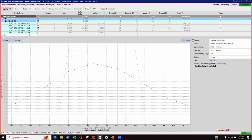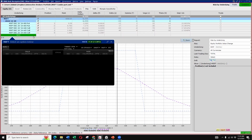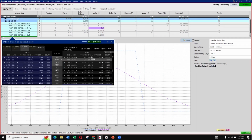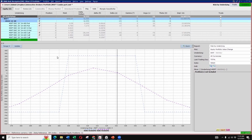So let's add some more strikes here. Typically, if I'm rolling the untested side, I'm going to roll back towards that 15 delta that I started with. Here we've got either a 17 delta or a 14 delta, so I'd probably choose this one as the short strike. Now, typically when we're getting close to expiration, today's December the 2nd, we've only got about 18 days to